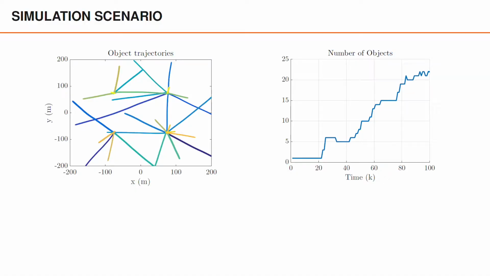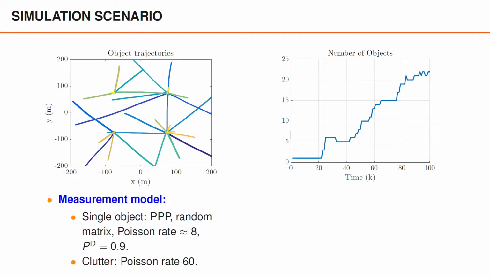Let's have a look at a simulation example to illustrate what extended object tracking may look like. Consider a scenario where 27 objects appear and disappear with time. All objects appear from 4 different locations and then move in some direction along fairly straight lines. We model measurements from a single object as a Poisson point process with a Poisson rate which is roughly 8,